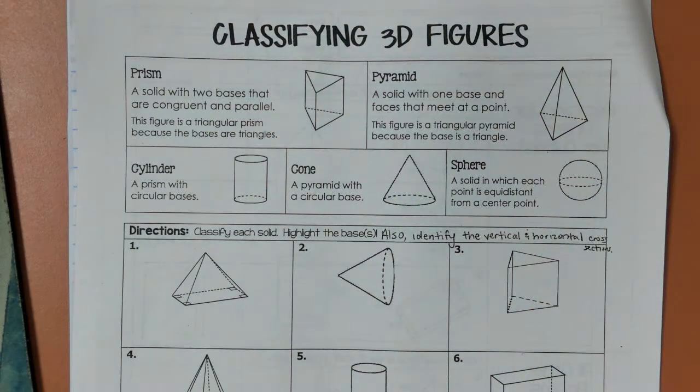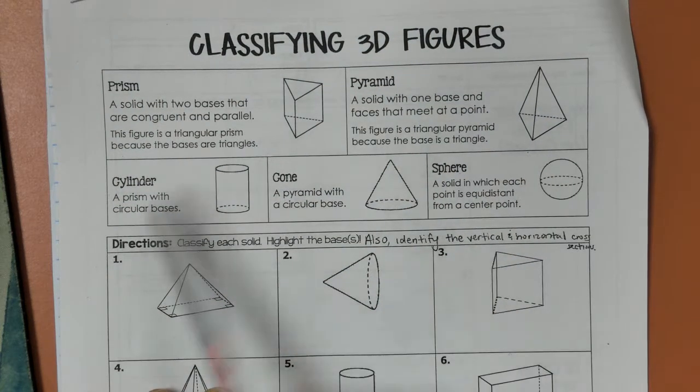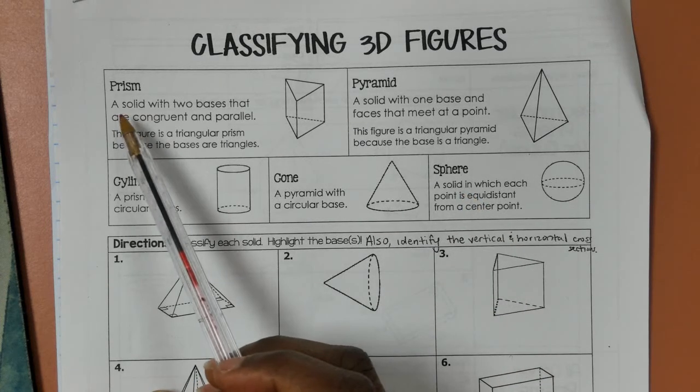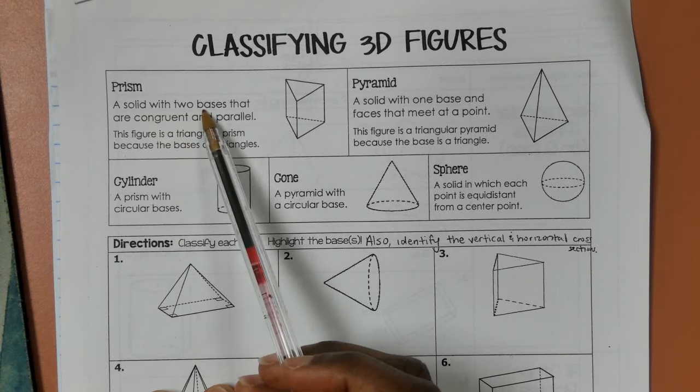Okay, so this video is for topic 3 and 4, 3D figures, cross sections, and then surface area. So we have really 5 vocab terms that we're going to use for the 3D figures. The first one is a prism, which is a solid 3-dimensional shape with 2 bases, so 2 base shapes that